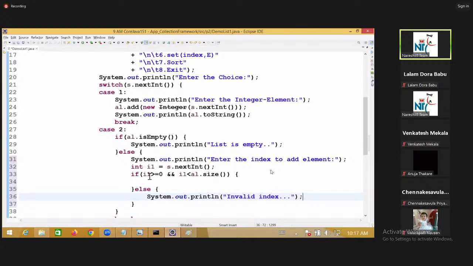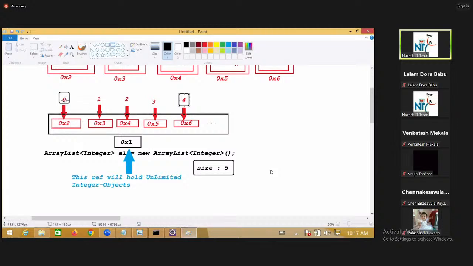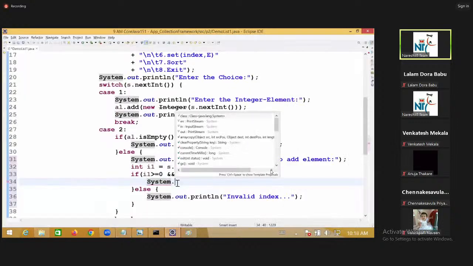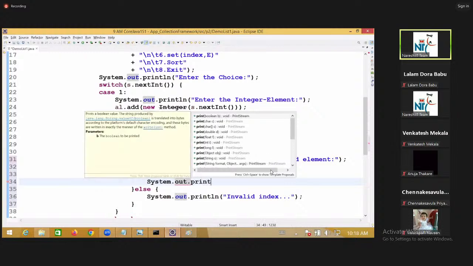Whatever index you enter, that must be between 0 to 4. 4 means what now? Less than 5. How can you write 5 now? al.size(). We don't know how many elements will be there. So they have given a size method to you. Can you see the size method? Some methods will help you actually. Other methods. Okay, right. Now, if the index value is correct, then you can say System.out.println,